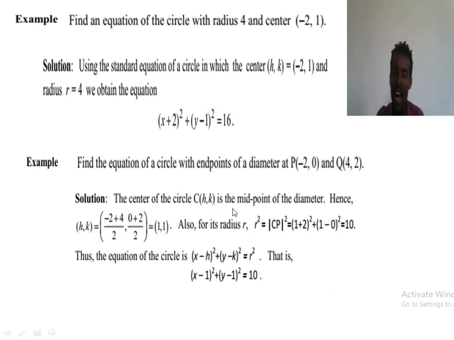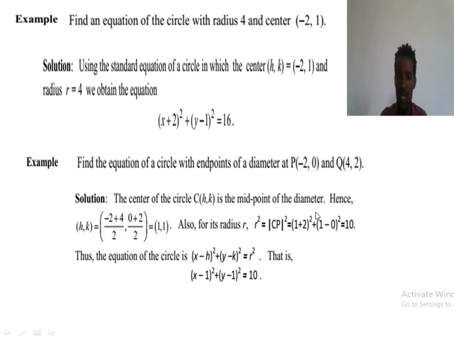Next we should find the center and the radius r, because the equation of a circle with center (h, k) is (x minus h) whole square plus (y minus k) whole square is equal to r square. ስለሆነ መጀመሪያ (h, k) መፈለግ አለብን ማለት ሴንተር እና ራዲየስ r መፈለግ አለብን. Now to find the center, since the center of a circle (h, k) is the midpoint of the diameter, therefore our center